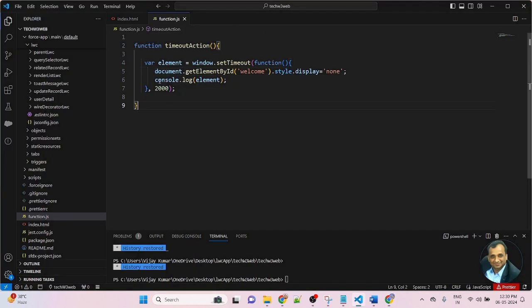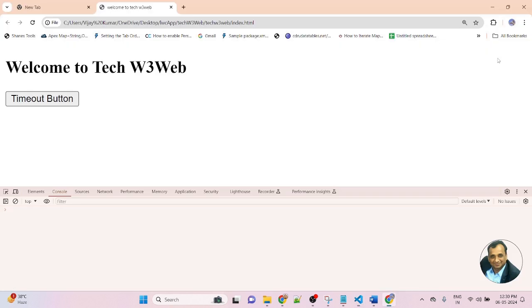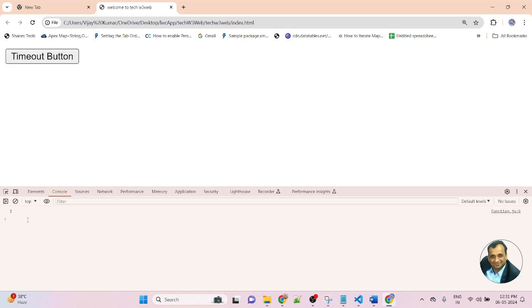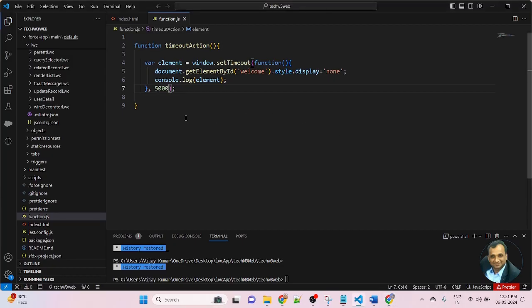If I change the milliseconds, suppose now I change 2000 to 5000, that means the title will be hidden after 5 seconds. Refresh. Now click. I am clicking once again. It will wait 5 seconds. You can see the call, and the function executes after 5 seconds. It automatically hides. So here I am setting the timeout.